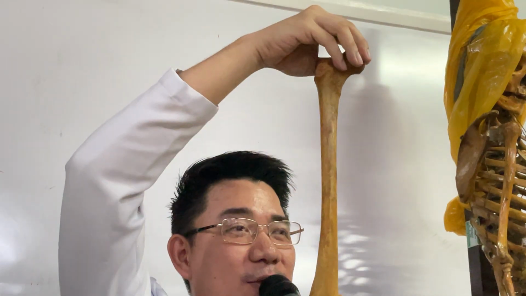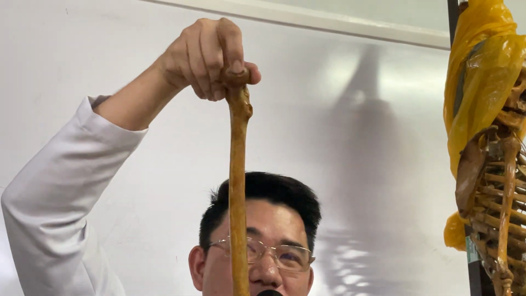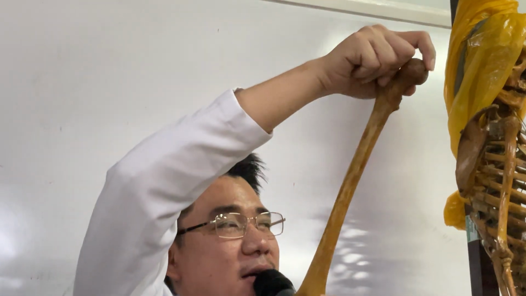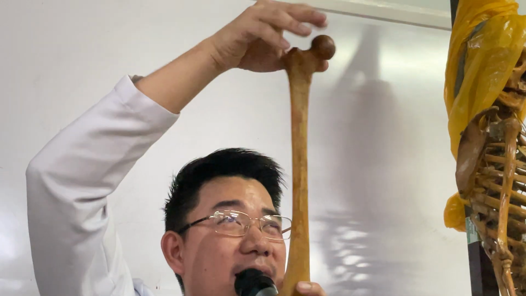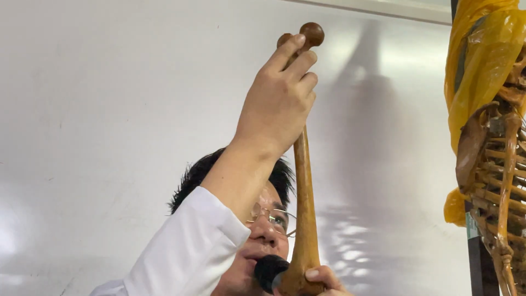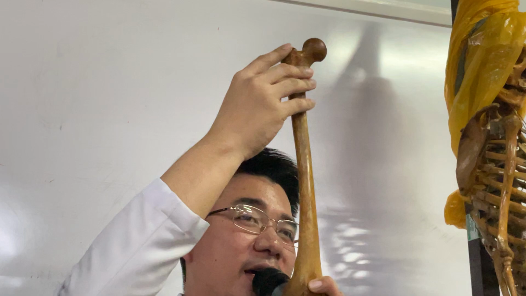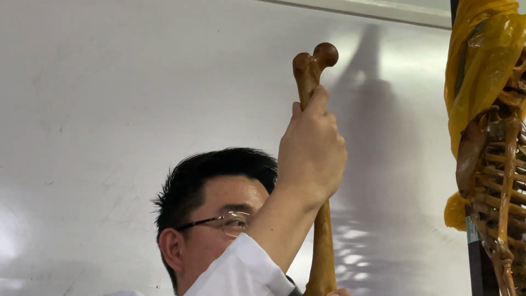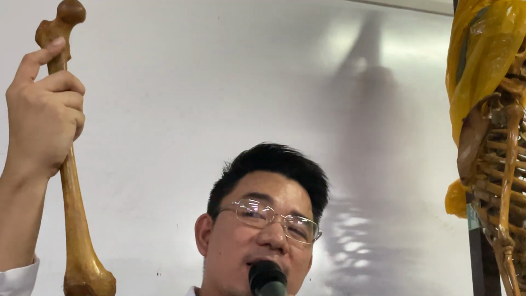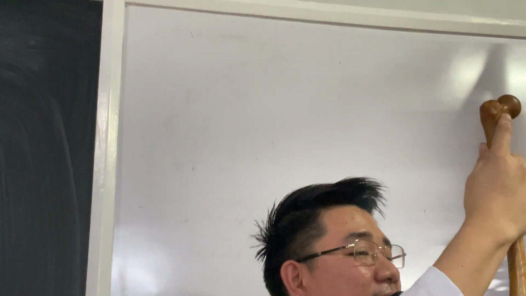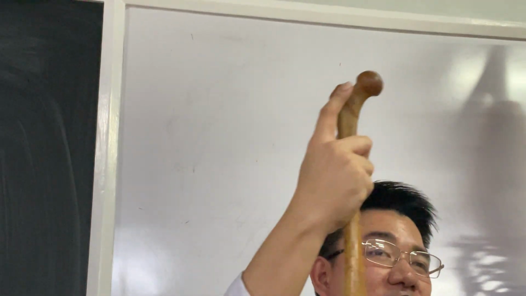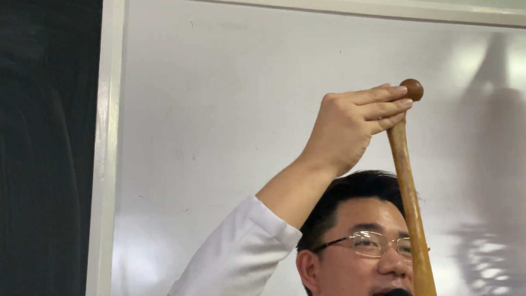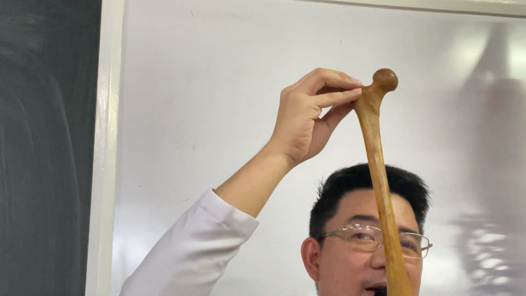So once again, head of the femur. And I forgot to mention the fossa in between, the fovea of the head of the femur. And then the head and the surgical neck. So here, in the middle, you have the intertrochanteric line, in the anterior portion. Why is it known as intertrochanteric line? Because the next part of it is known as the trochanter.